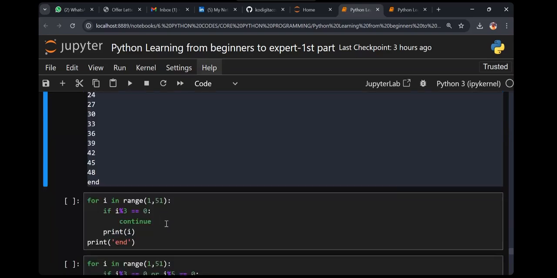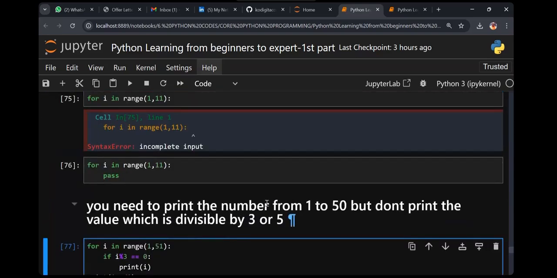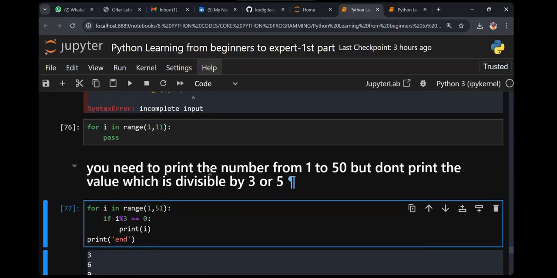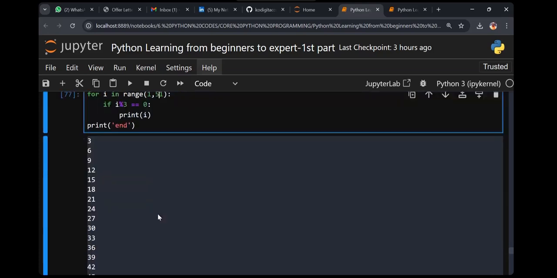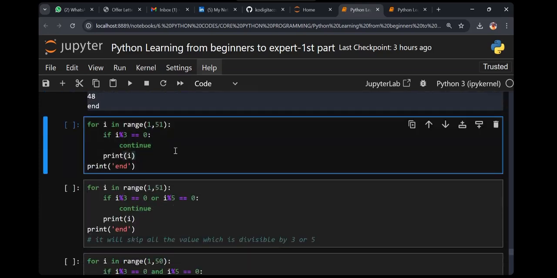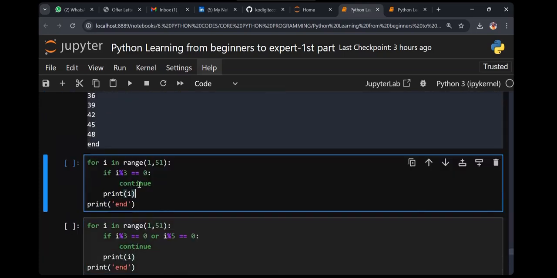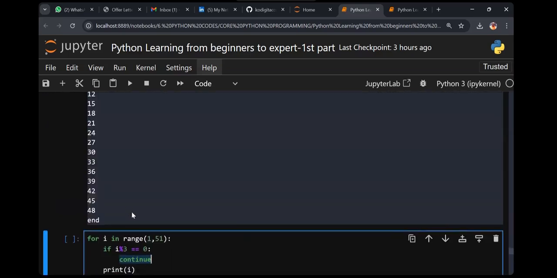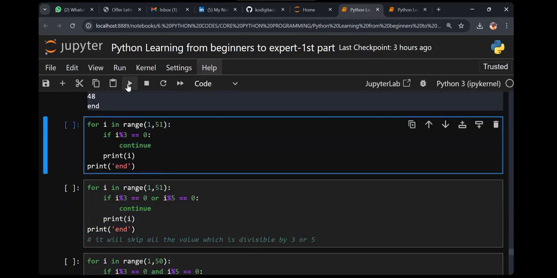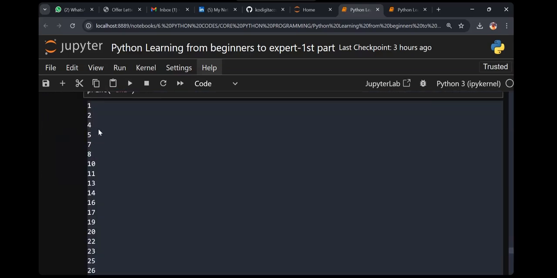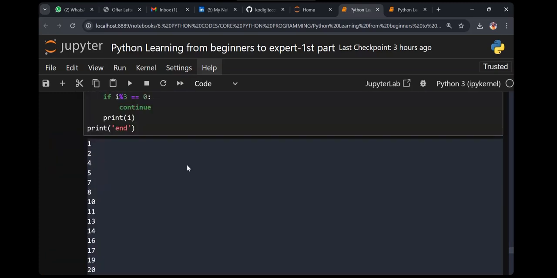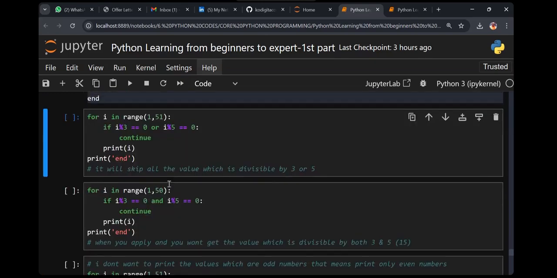Now, my question is, what exactly is the question? Print the numbers from 1 to 50. Just have a look at this. When you say continue, do you see we use continue here, guys, and then print i? So what happened? 1, 2, 3, 4. We skip 3, or not?